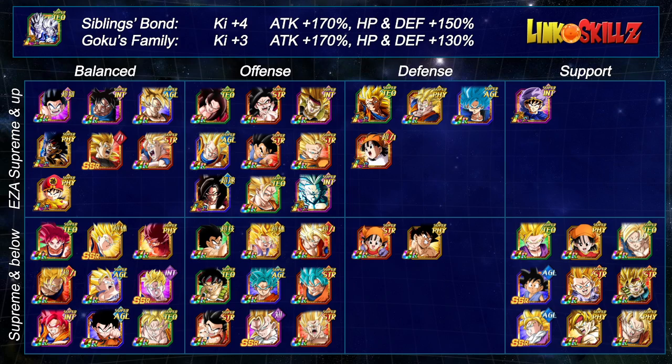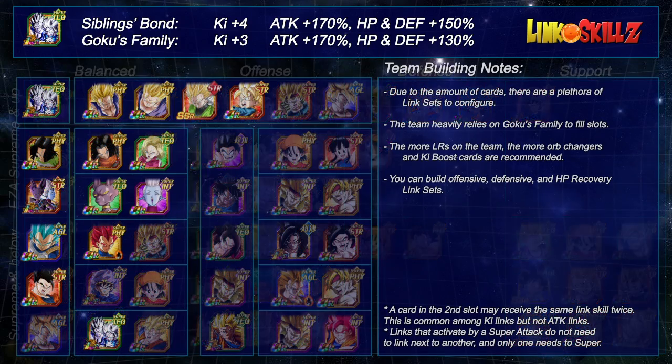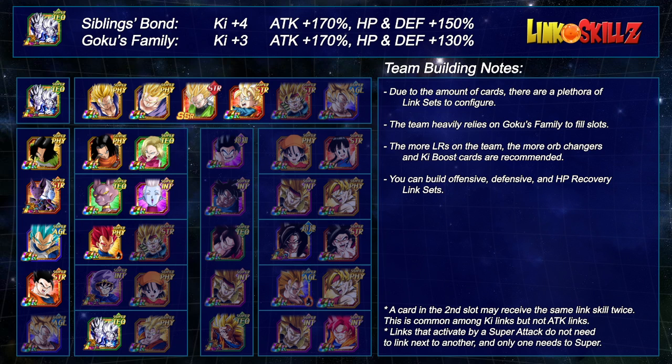I've changed the top 5 link sets to now top 10. And any card that belongs to the Goku's family team has been faded out to signify that they receive the second leader skill. So as you can see, the team heavily relies on the Goku's family to fill a lot of the other slots, because there's just not that many link sets for the Siblings Bond category right now,